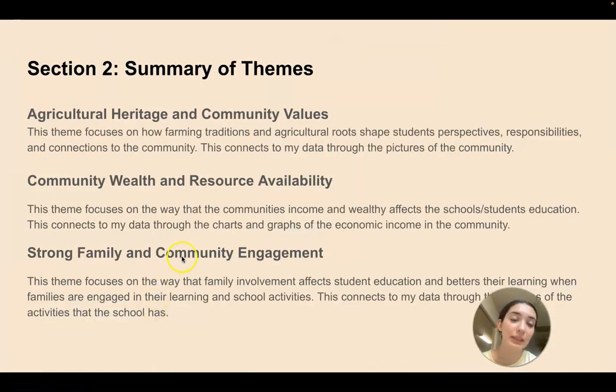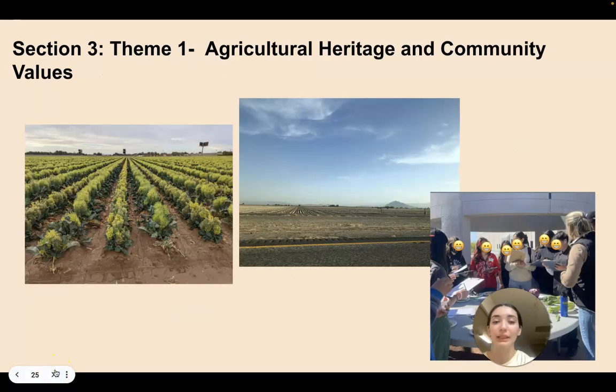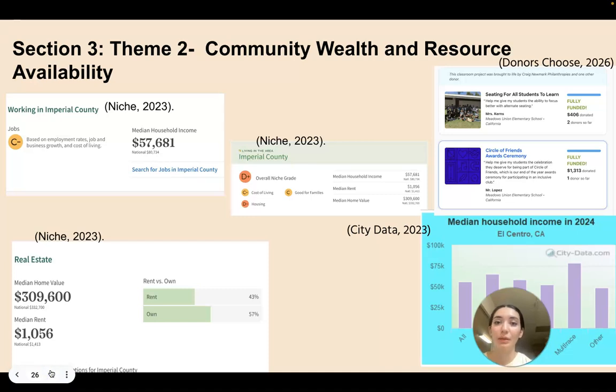And the summary of the themes that I was able to find for this is the agricultural heritage and community values, community wealth and resource availability, and strong family and community engagement. And here we can see my theme 1, which I tied into the resources that I was able to find, with the fields that surround the school and the students learning from the farmers that own the fields around the school. My community wealth and resource availability, I was able to show how much goes into a household in this area and how much it costs to live here, and ways that the school fundraises to be able to provide